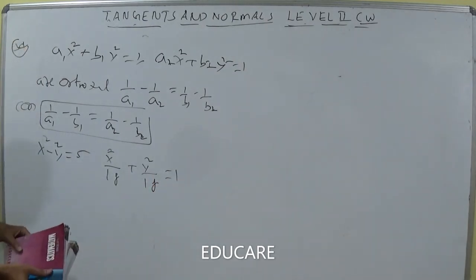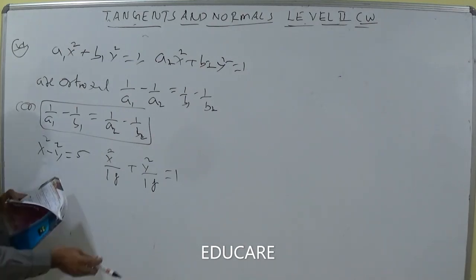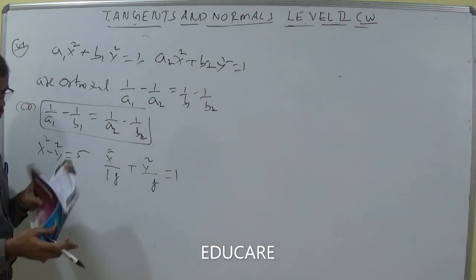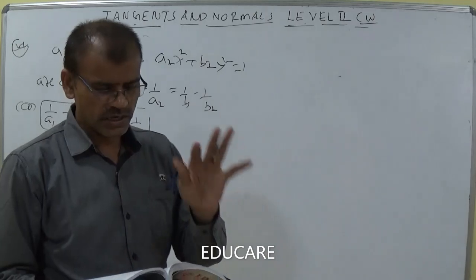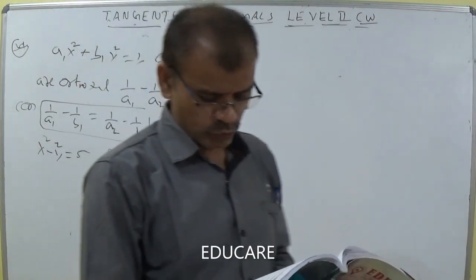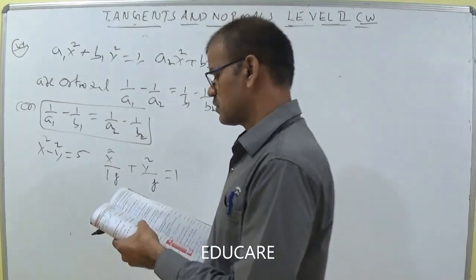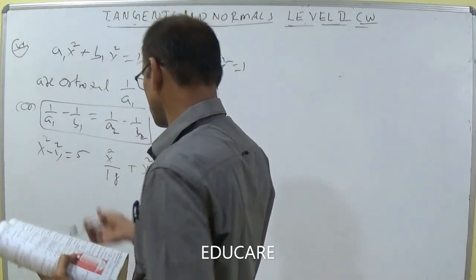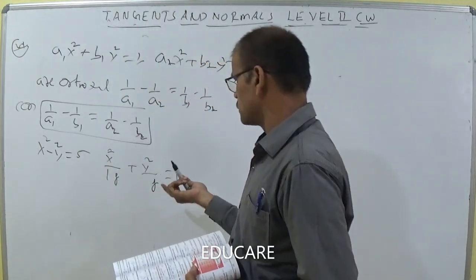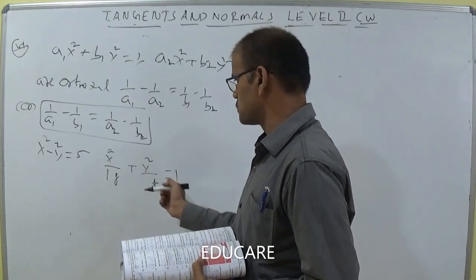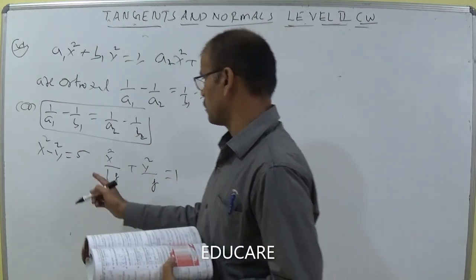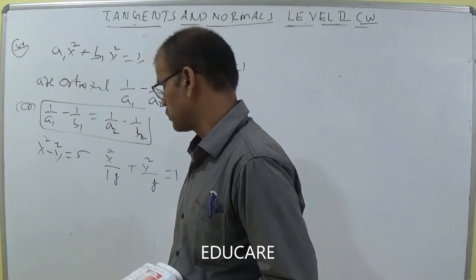Next one, so it becomes a circle. He is asking about y square equal to 8, which he has given. Let us discuss the 34th question first. The curve x square minus y square is equal to 5, so it is a rectangular hyperbola. If this is a circle, this is an ellipse he has given. One rectangular hyperbola and one ellipse should not be perpendicular.